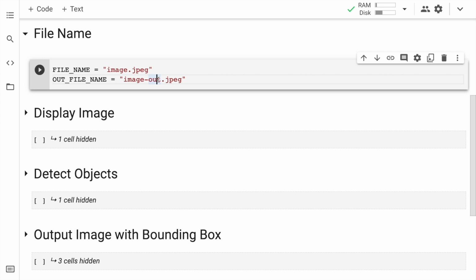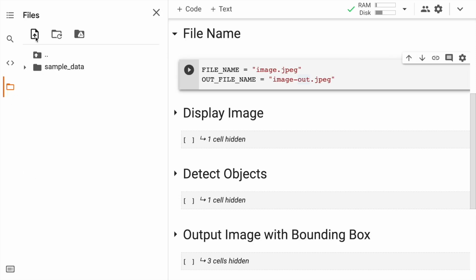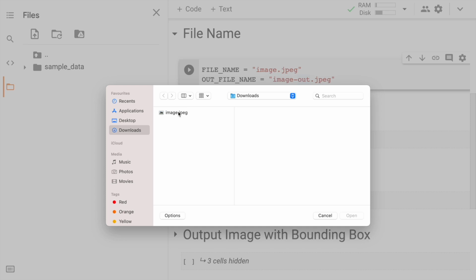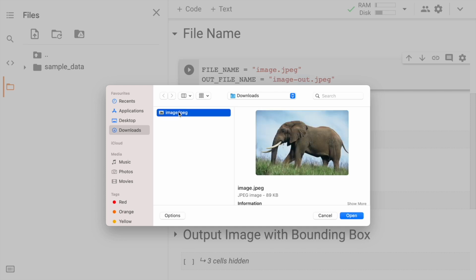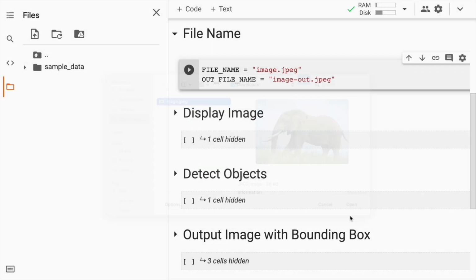So the way I would do that is I'll press the files option. I'll click on this particular symbol, that is upload to session storage. I'll click on this particular file, which is image.jpg, and I'll click on open.